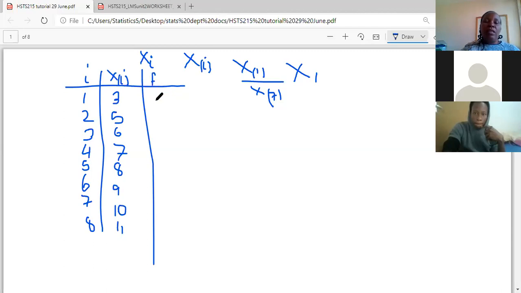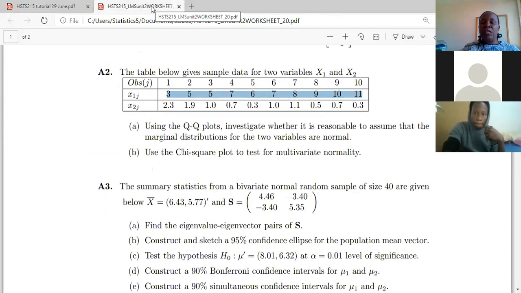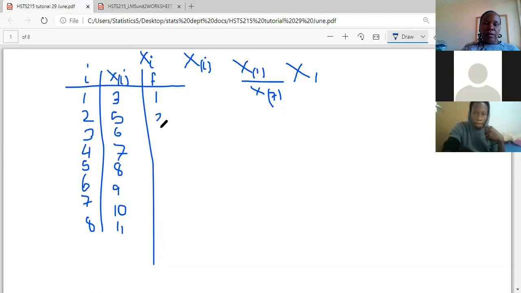So if you look at the 3s, we have 1, 5s, we have 2, 7s, we have 2, and the rest are 1 each. Right, so here, 5s, we have 2, 1, 2, 1, 1, 1, 1. Right, and then the next column, you want to